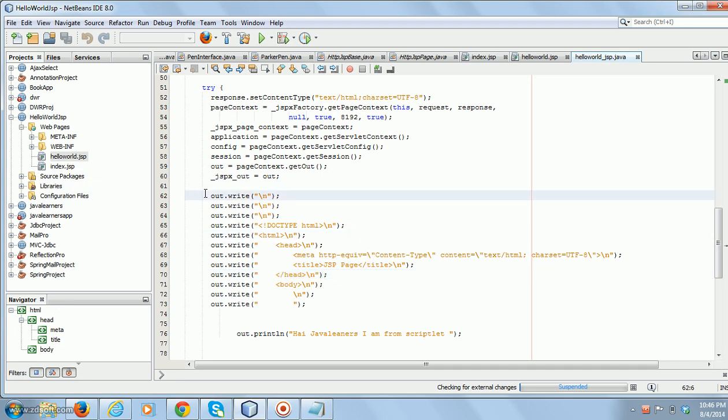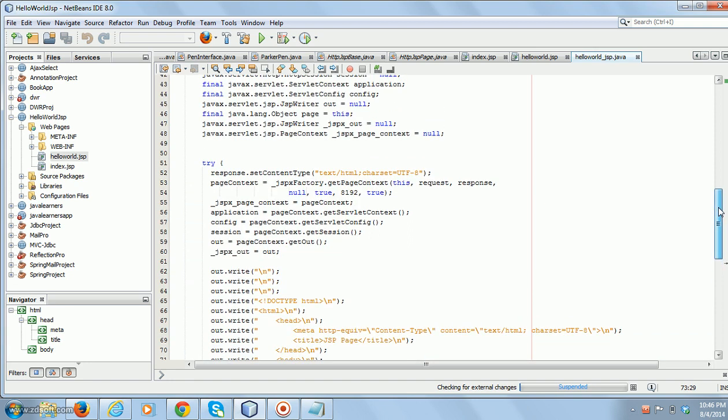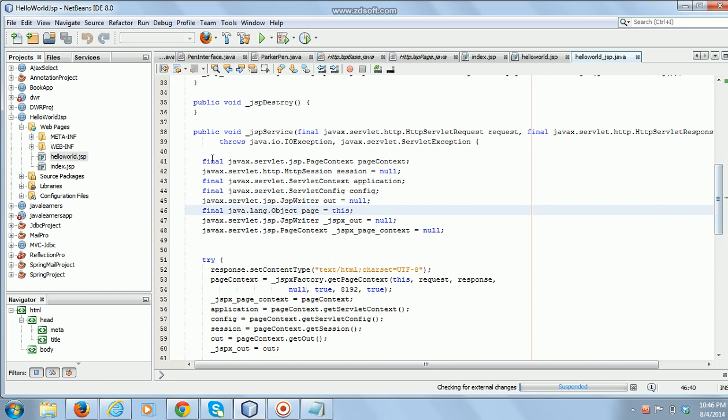Instead of you writing the servlet code, the container will generate the servlet code. That is the reason I could use out without declaring, because all the content that I wrote will come here, since this method already contains declarations for the out object.